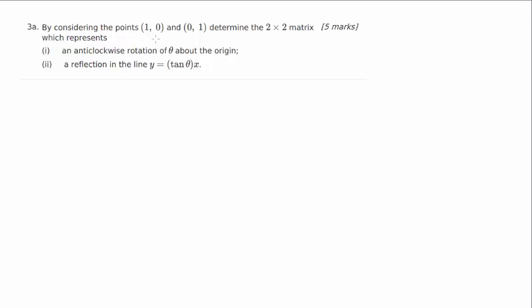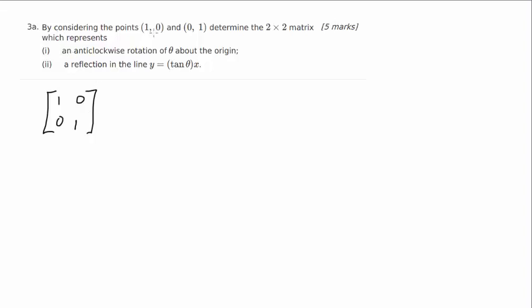And there's good reason why they've picked (1, 0) and (0, 1), because if I were to put those into a matrix, it would look something like 1, 0, 0, 1,